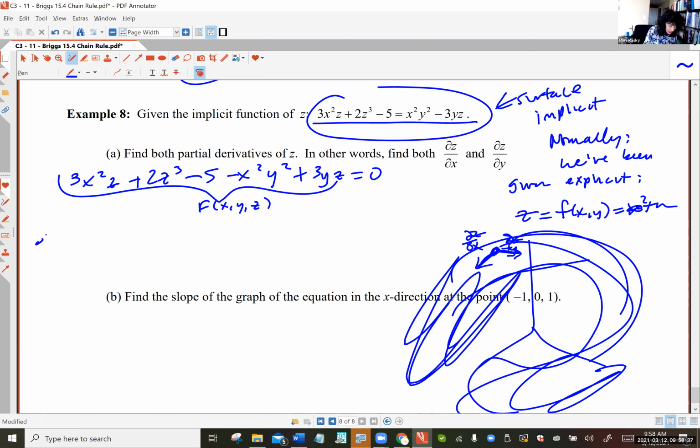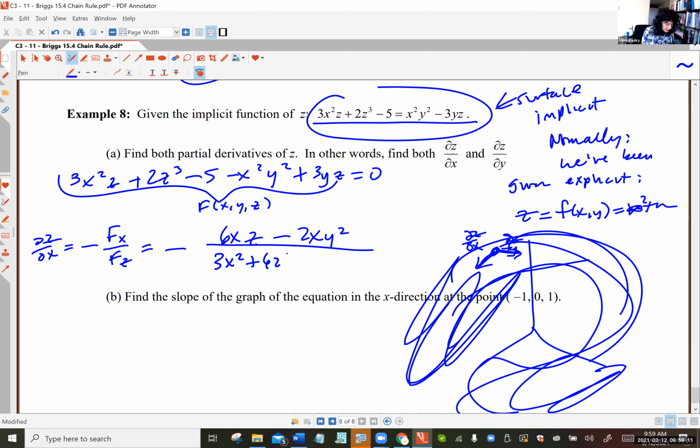So dz dx, according to the theorem, is negative Fx over Fz. So if I take the partial with respect to x for this big old function of 3 variables, I'll have a negative way out here. What am I going to get? I think I'm going to get 6xz for the first term, and that's a 0, that's a 0, and then minus 2xy squared. And then the Fz, the denominator, that's going to be taking the derivative with respect to z. I'll get 3x squared plus 6z squared